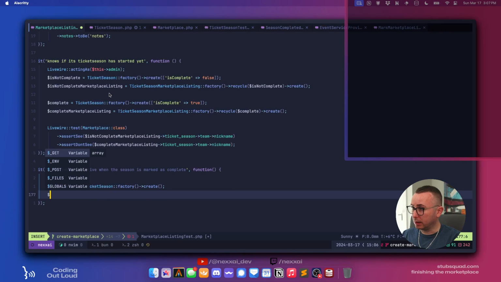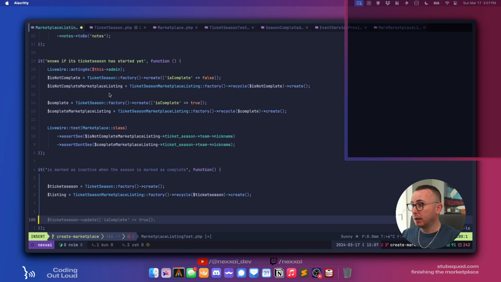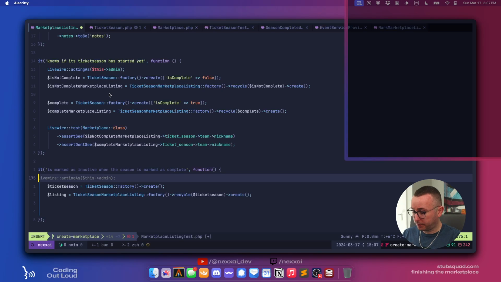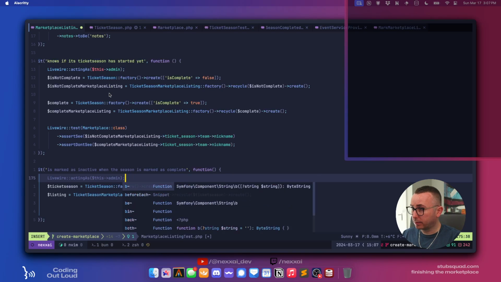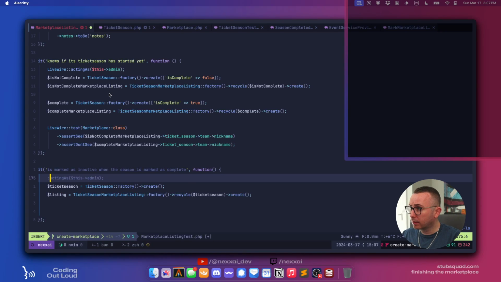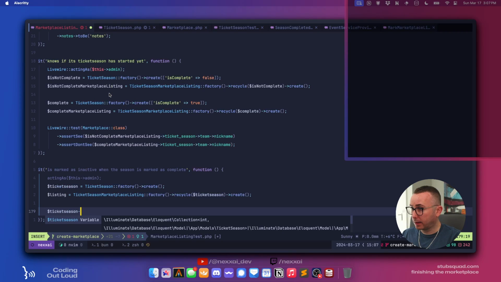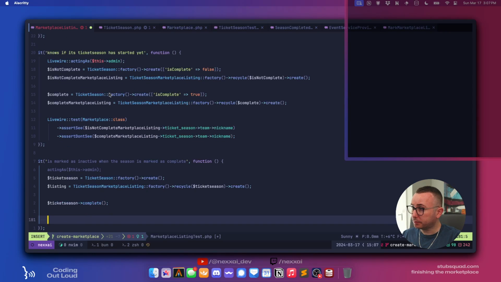And we're going to say the listing equals ticket season marketplace listing, recycle a ticket season, yep. And then we are going to say ticket season complete. And we want to expect that listing fresh is active to be false. Yeah.